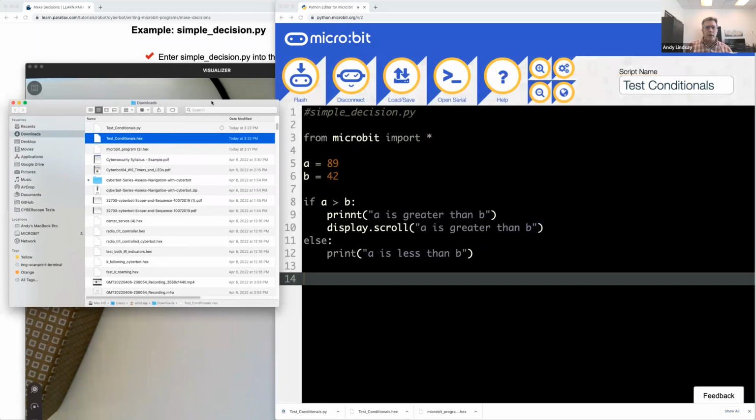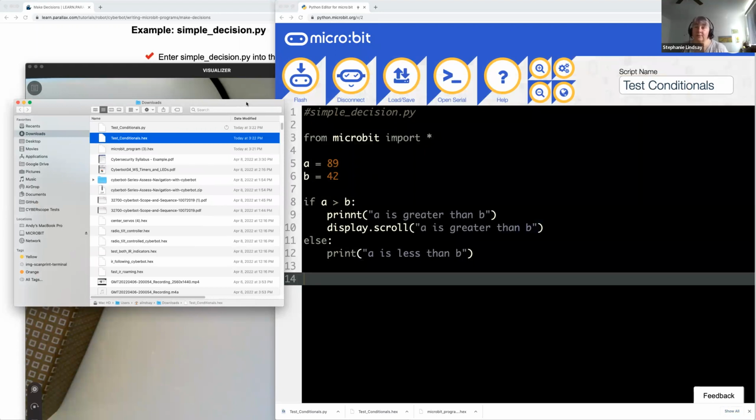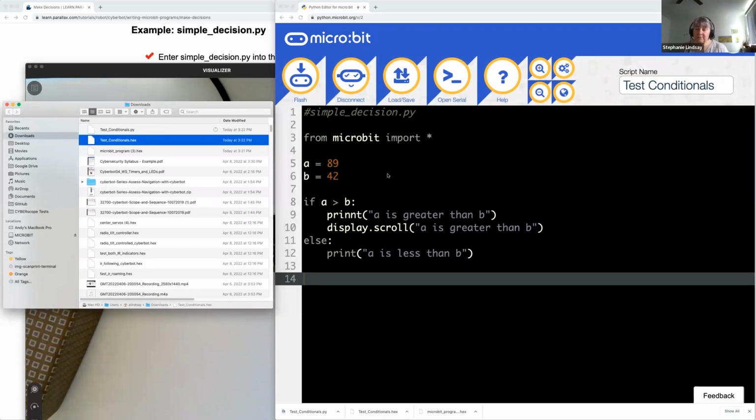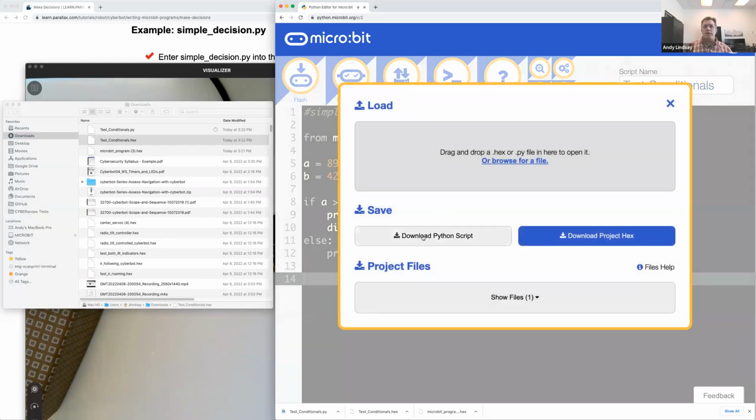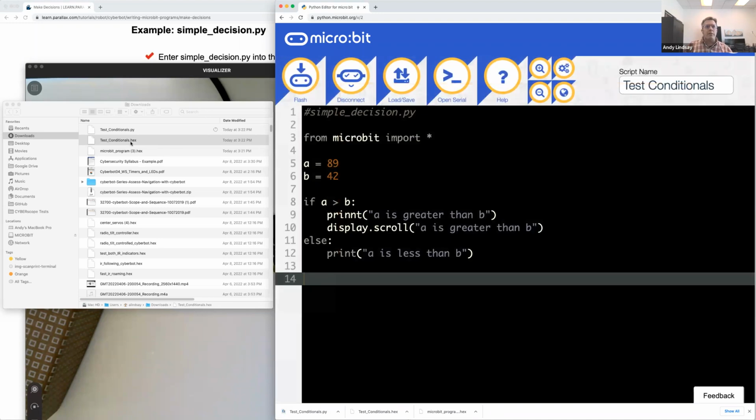Okay. And another question has come up, if it's part of this too. Does the script download as a PY or hex file? Okay. So when you click download Python script, it downloads as testconditionals.py. When you download a project hex, it downloads as testconditionals.hex. And now that I've downloaded